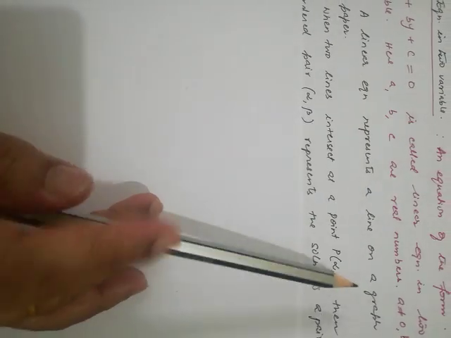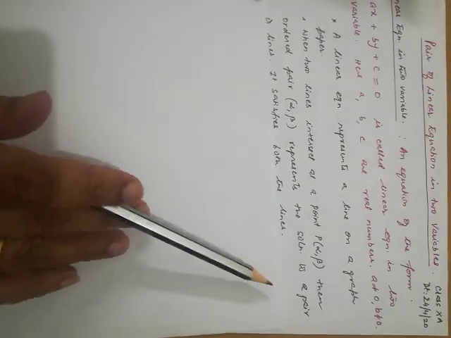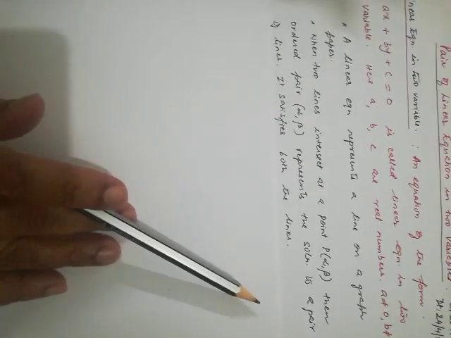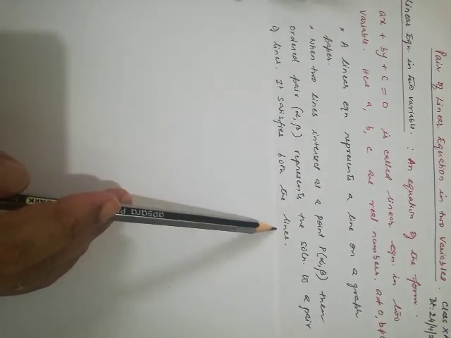When two lines intersect at a point, say P, then the ordered pair alpha, beta, whatever is the value, represents a solution to a pair of linear equations. It satisfies both the equations. So if two equations are meeting at a point 2, 3, say, then x is equal to 2 and y is equal to 3 will be the solution for both the linear equations. Now this is a new term for you, consistent.